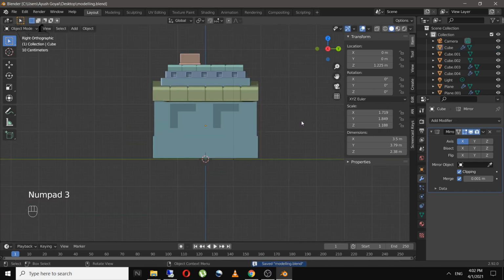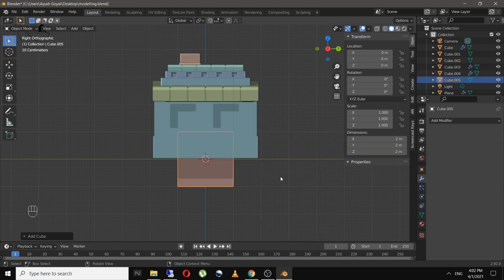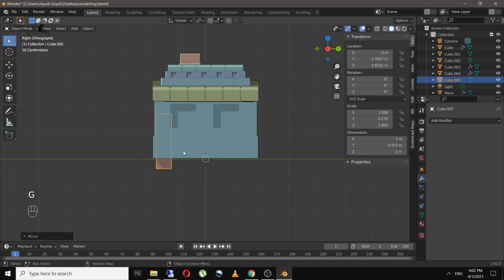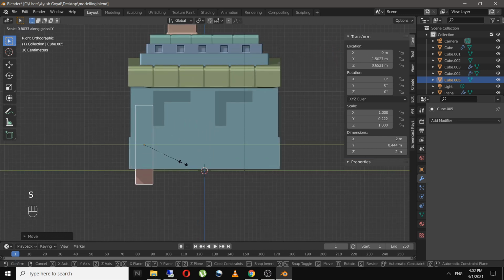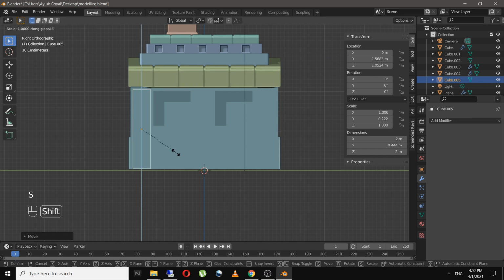And now let's add the wood. So for that, I'll add in a cube and scale it something like this and position it where I want that. So somewhere over here. Scale it on Z axis. Bring it out.